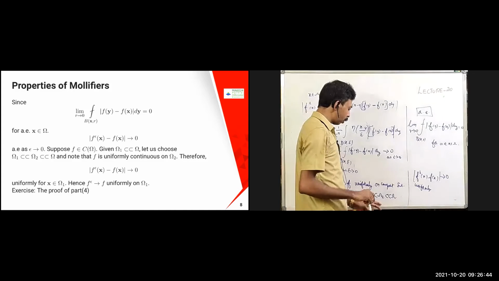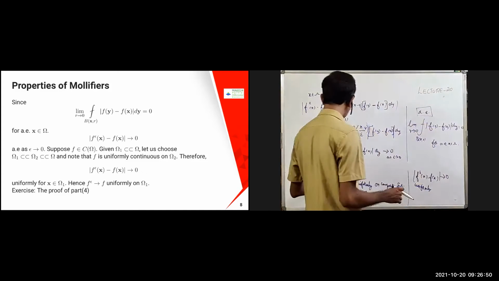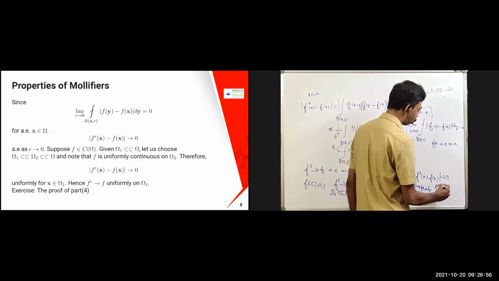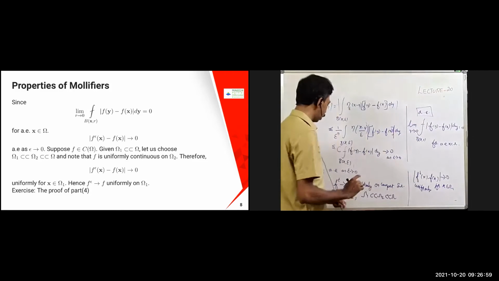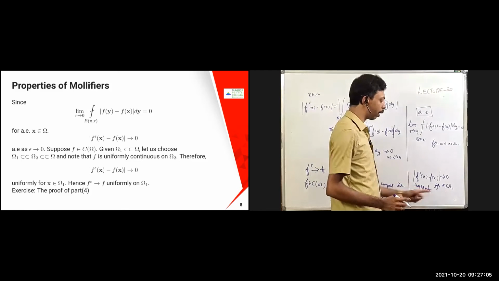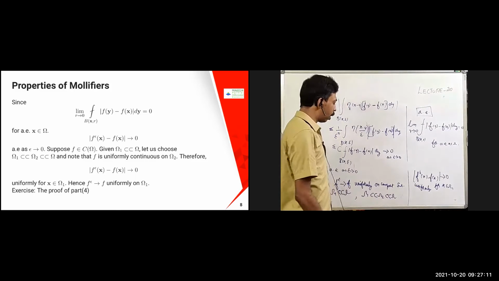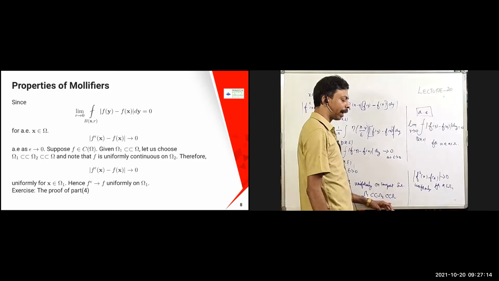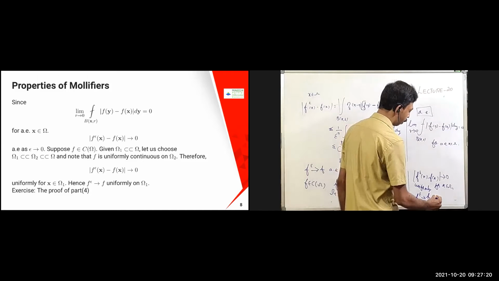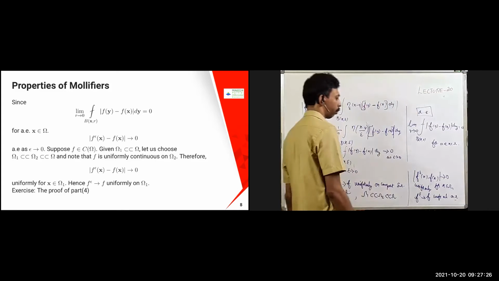Then Omega 1 also you are going to get, because you have to use the property of the previous one, for almost everywhere. So therefore you are going to get it uniformly for all x belonging to Omega 1. Remember that f is uniformly continuous in Omega 2, therefore it is going to be uniformly convergent in Omega 1 also, because Omega 1 is compactly contained in Omega 2. So therefore you can prove that f epsilon tends to f uniformly on Omega 1.